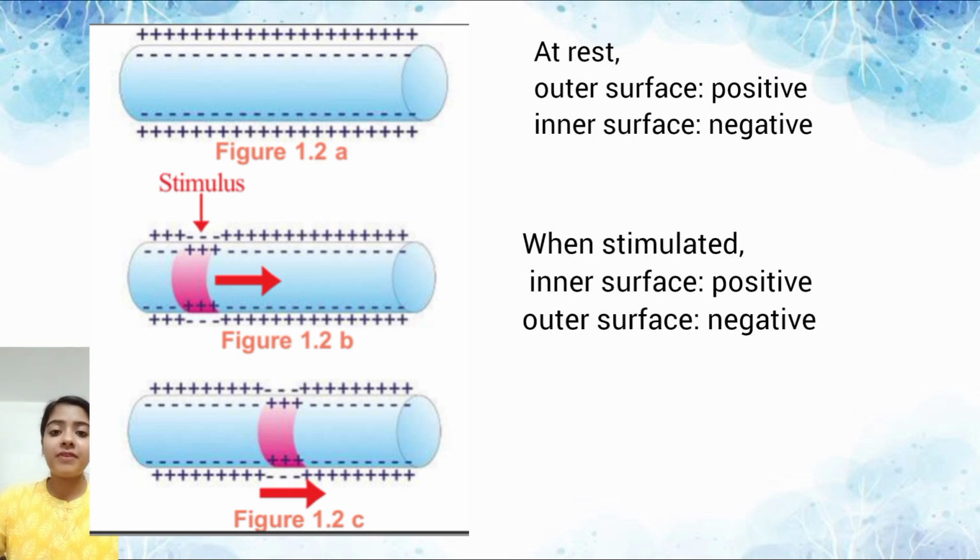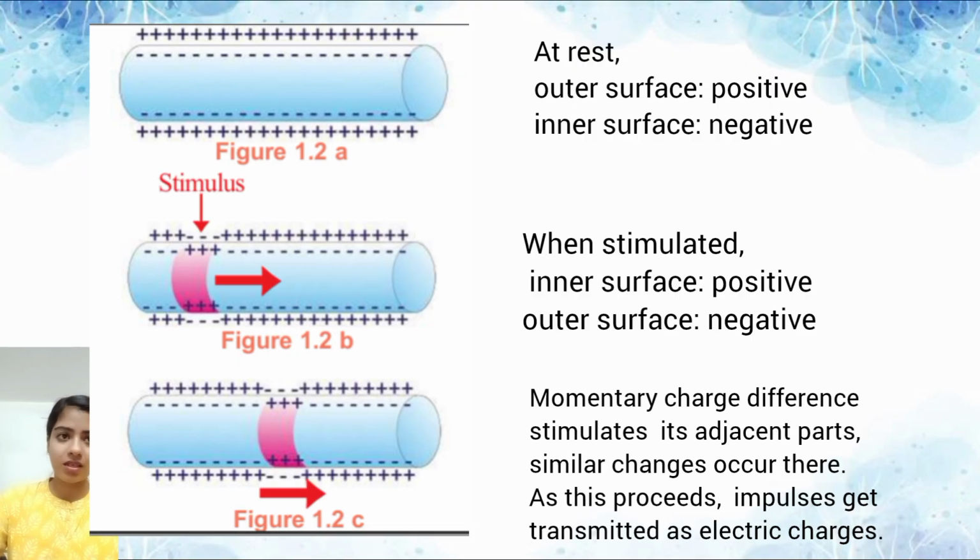From the first image, we can see that when an axon or a neuron is at rest, the outer surface of the neuron is positive and the inner surface of the membrane of the neuron is negative in charge. Now in the second image, we can see that when the membrane of the neuron is being stimulated, when a stimulus is applied onto the membrane, the inner surface becomes positive and